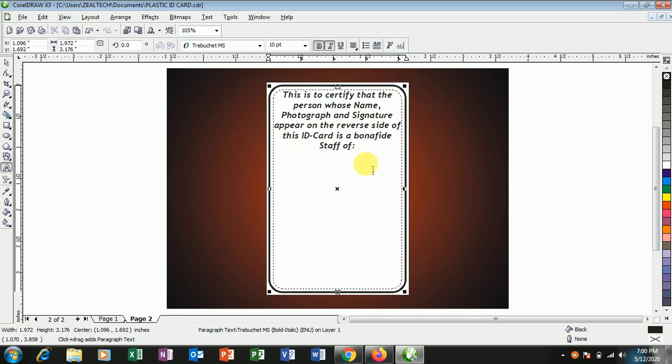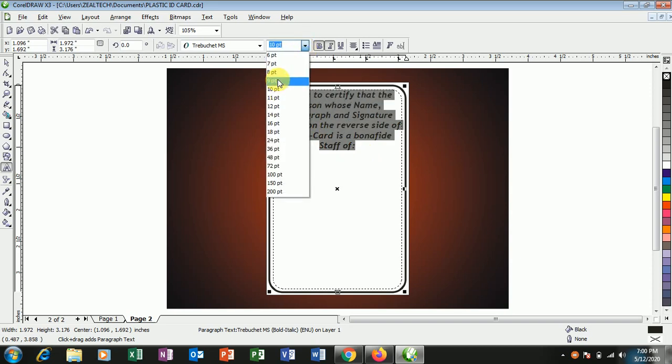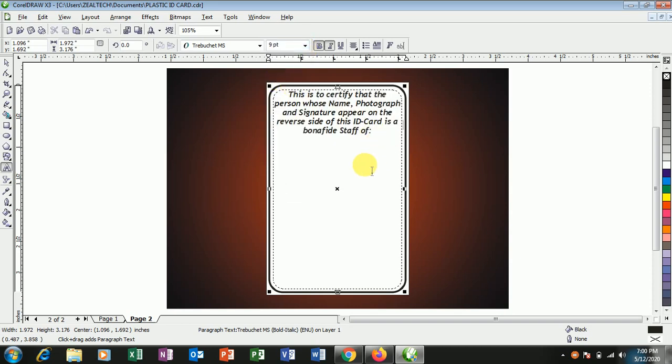So I have it this way. So let me see if I can reduce the size more. Let me just make it 9. All right, I think it's okay. So now once you have it that way,